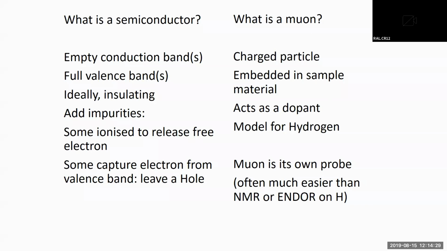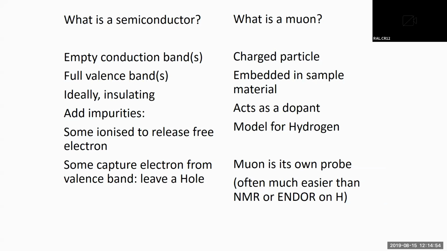So the muon is a charged particle. As I said, it acts as a dopant in the semiconductor and acts like a hydrogen atom. And a relevant point for semiconductors is that hydrogen is often an inheritable impurity in these materials, even if it's only at parts per million level, due to the way they're produced by various techniques such as